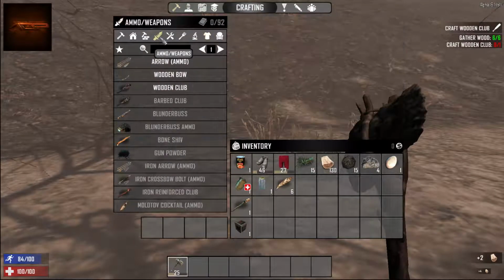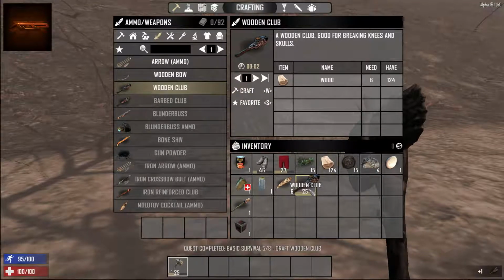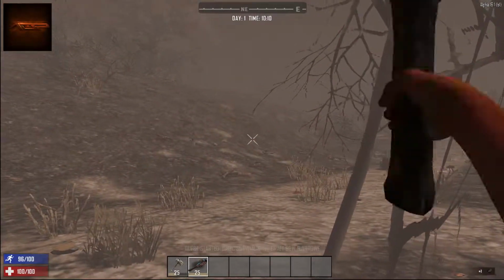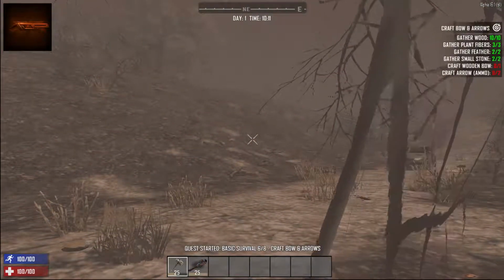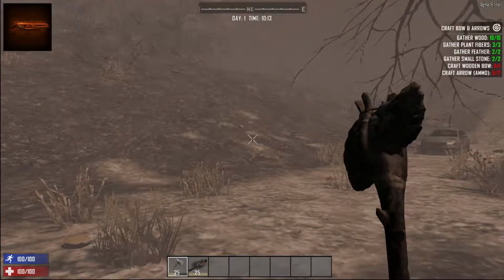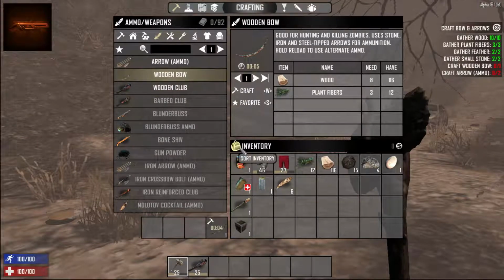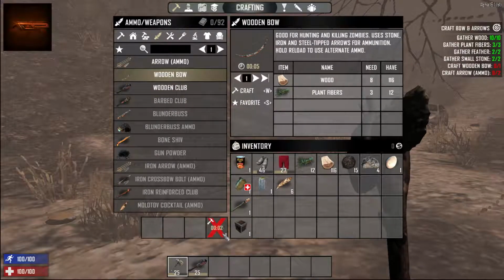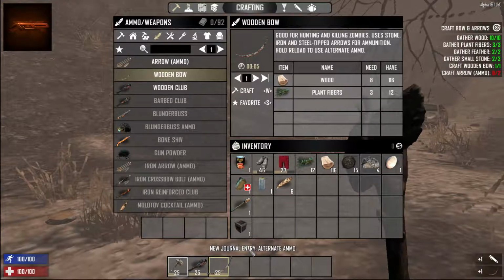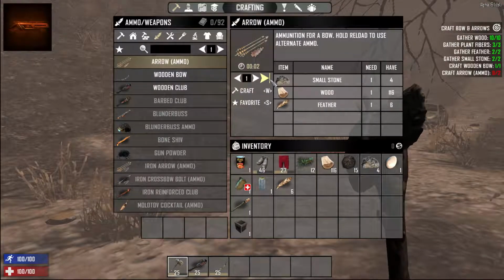So I'm just going to go into here, ammo, weapons, wooden club, craft. And that one's done. I'll put that down there. That way if a zombie does show up, beat him down. Alright, so now I need to craft a wooden bow, and I need to make arrows. So, again, the weapons, wooden bow, craft that. And you'll use these for a while until you start getting guns and stuff. And they can be really good, and there's ways of...